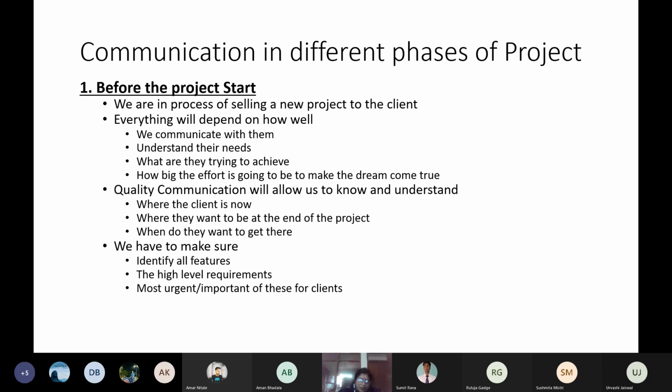So depending on what the client wants and when they want to get there, that is the thing which we need to understand when we communicate with the client before the project starts. Now, what we have to make sure is that we identify all the features which will be there in that particular software. The high level requirements in terms of software, in terms of professionals,